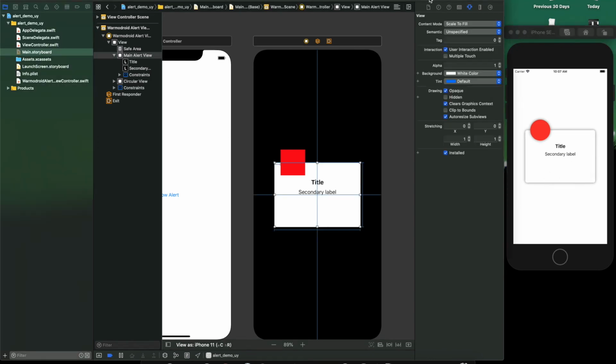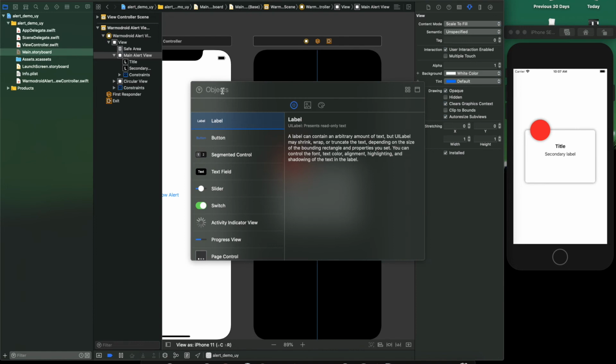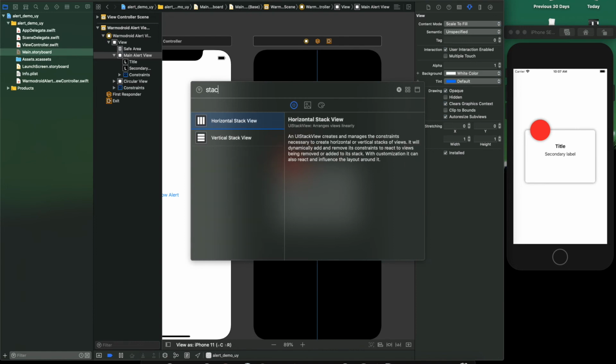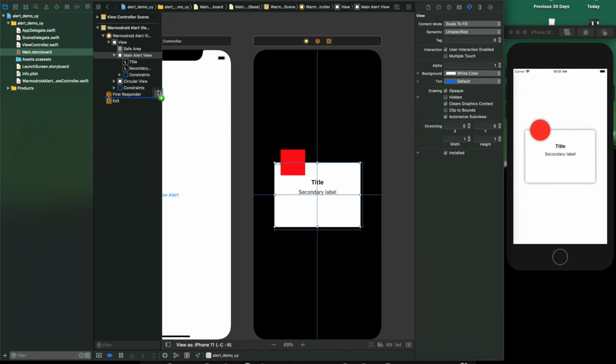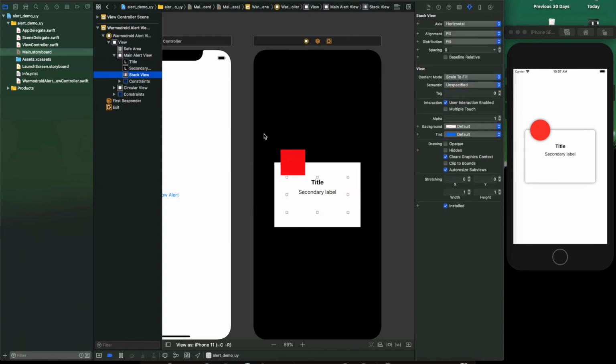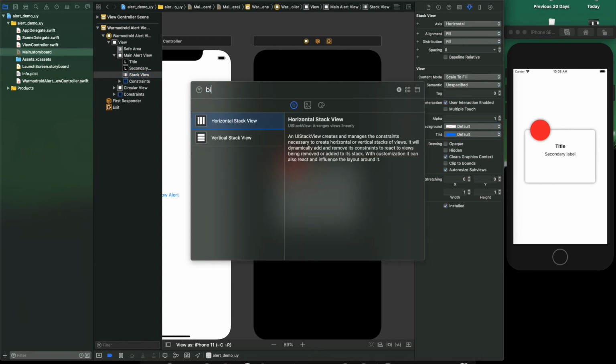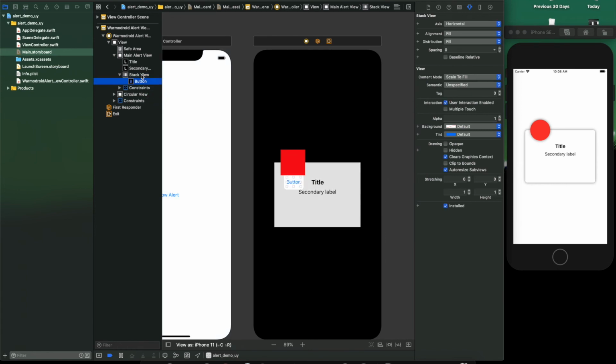Now finally let's give the buttons. So in order to reduce the constraints and all, we can use the stack view. That works completely fine here, and in the stack view we can give our buttons. It will reduce the number of constraints for the buttons.